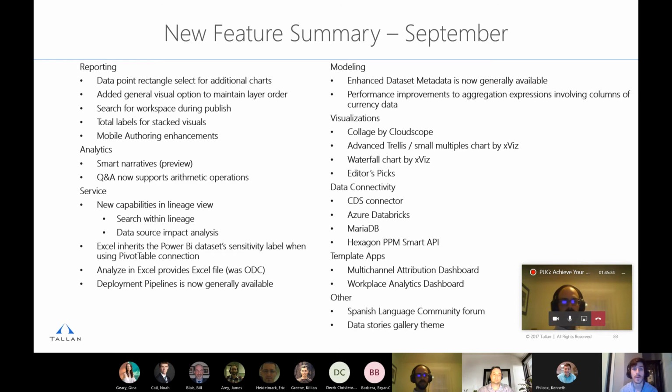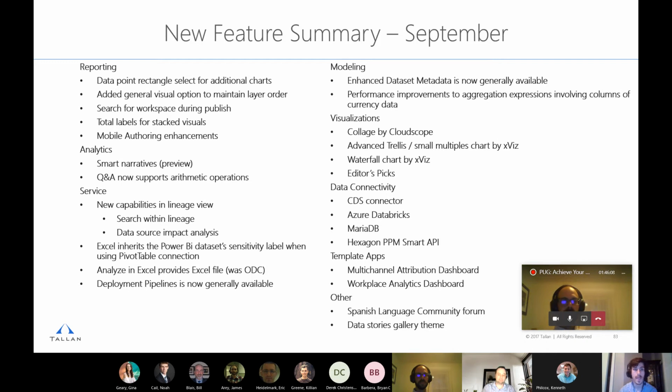A third feature that was added here was actually one of their very highly requested features, another handy one. Now, when you're publishing a report, you can search for a workspace to publish to. If you've ever worked with having many workspaces and trying to publish a report, it's a real pain to scroll through every workspace available, check all the names, make sure the one you're selecting is the right name. It's just kind of a thorn in the side. Now you can just type in the name of your workspace, it'll show up. It's nice and easy.